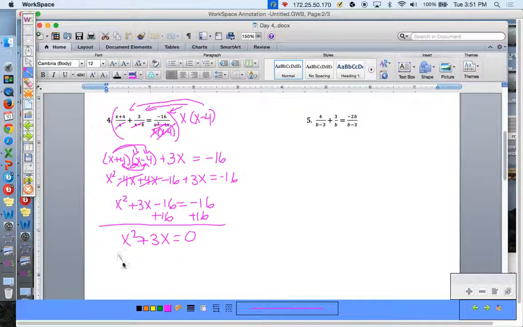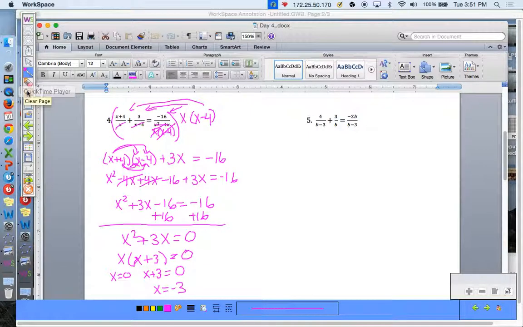Well, we can factor out an x, so we have x times x plus 3 equals 0. So in this case, either our x equals 0 or x plus 3 equals 0. So x would equal negative 3. But when we look back at our problem,